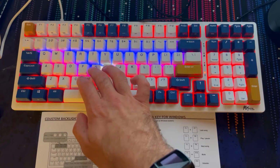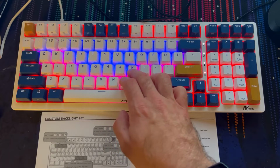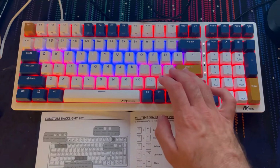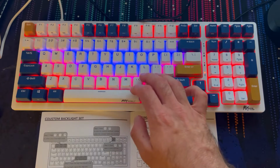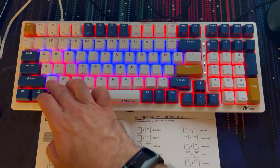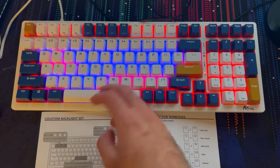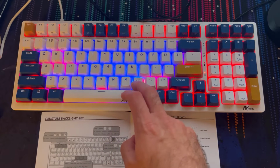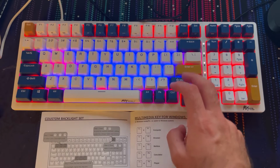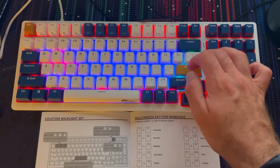3, 1, oops, too many. So, I mean, it's awesome that this keyboard even has this feature, especially given its $63 price point. But I guess software would be more expensive than this. I don't know. I would think something like this would be more expensive to implement on the keyboard because it needs to save the settings somehow. But to each their own, and I think it's kind of cool in a sadistic sort of way,